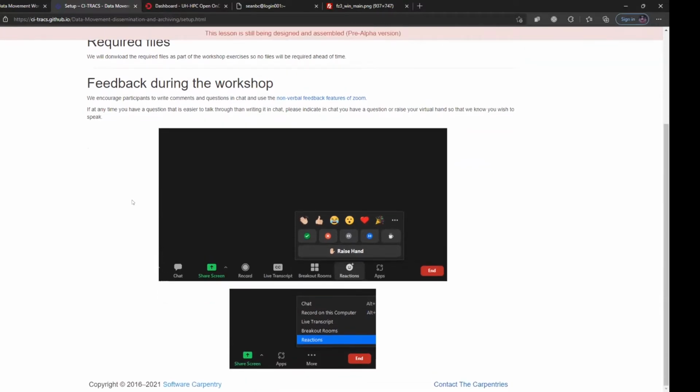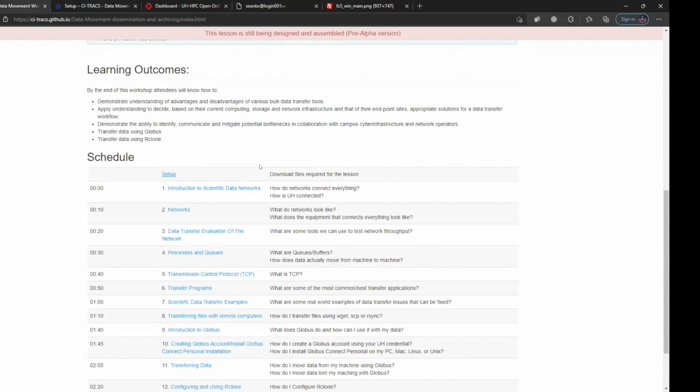If you'd like to give feedback during the workshop, there is a way to access the reactions in the Zoom tools. At the bottom of your screen you should see a little reactions button. If you click it, you can hit a checkbox to say everyone give us a green check if you're okay, or a red circle with an X in it if you're having problems, or raise your hand if you have a question. You can also just speak out during the workshop. If you don't see reactions, you might need to click the more button and then reactions. With that, I think we will head towards the introduction to scientific data networks,